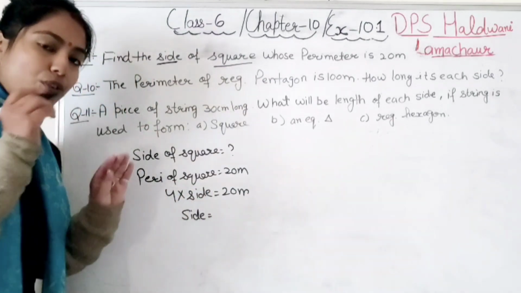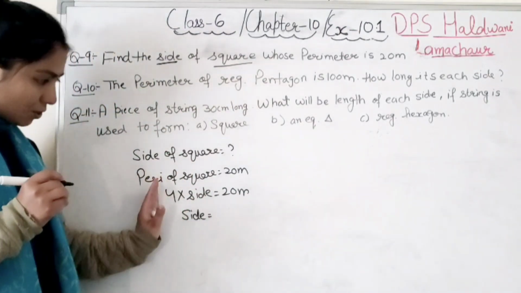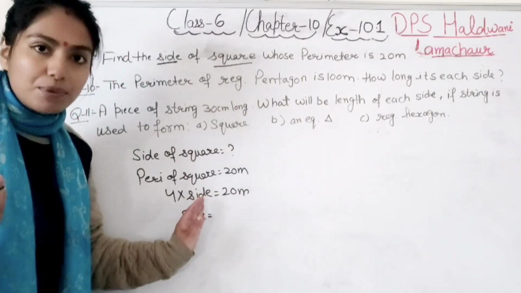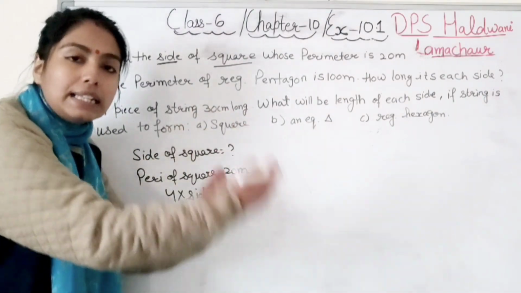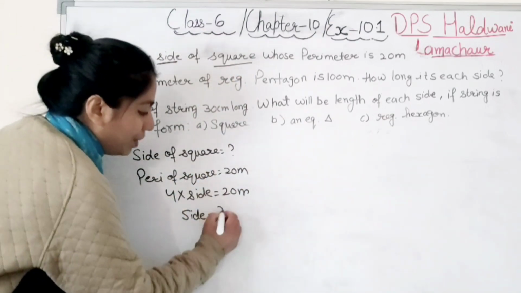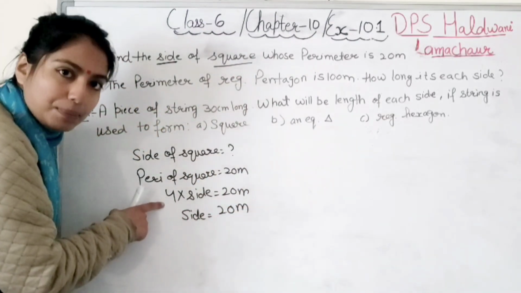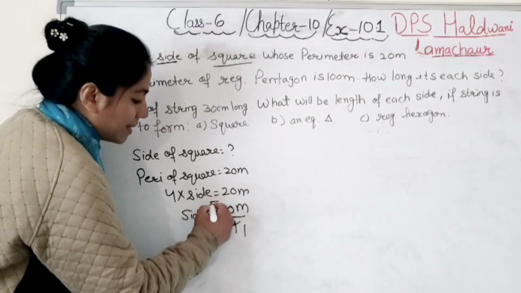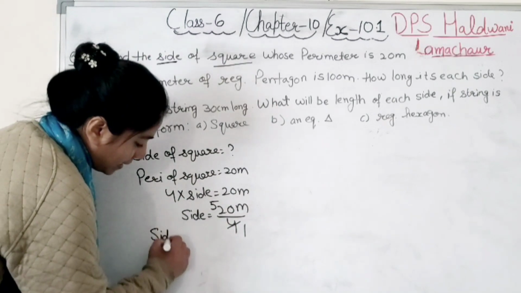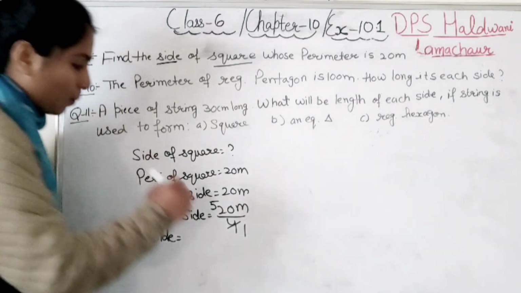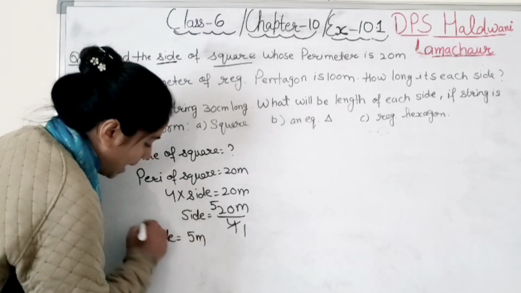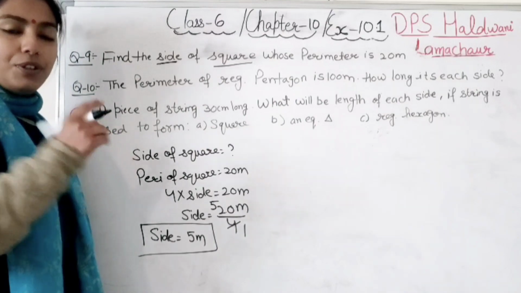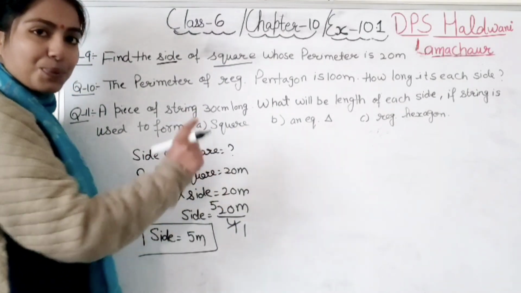Whatever value you have to find out will always stay on one side. The rest of the terms will shift towards the other side. Why? Because we will solve it. We solve only when they are all together on the same side, right? So 20 meter, which is in multiplication, when it goes there it becomes division. 4 1s are 4, 4 5s are 20. It means one side of the square is 5 meter. And how many sides are there? A square has 4 sides in total. So every side is 5, 5, 5, 5. Total 20. It means the perimeter is 20.